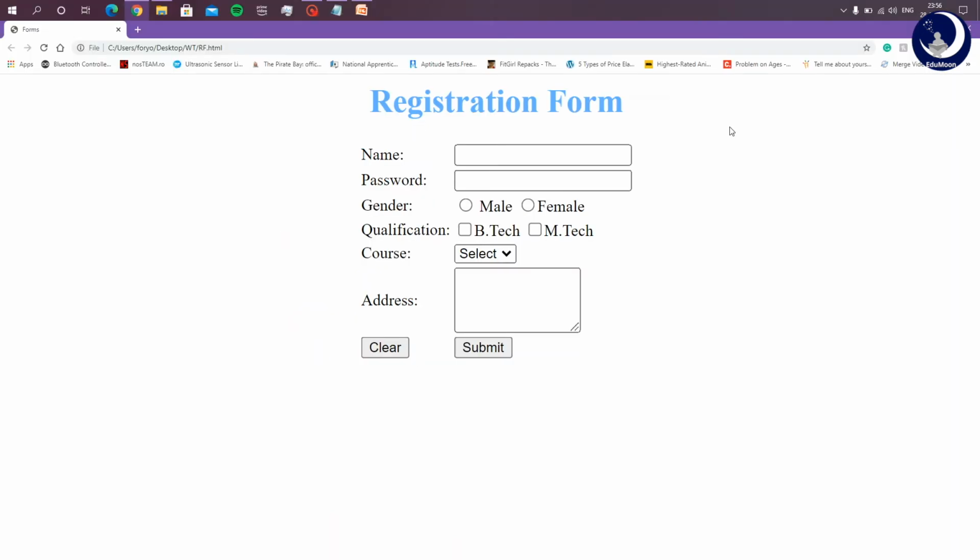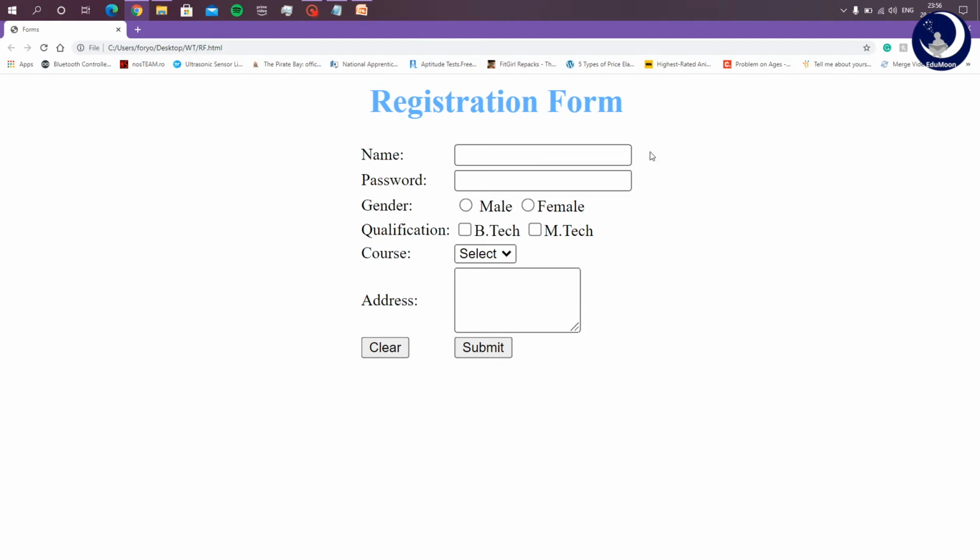For the example, I will show you the code to create a registration form. Before knowing the code, let us see how the registration form should look. Without having any idea about how we want the registration form to look, we cannot write code. So first we will see what this registration form consists of.